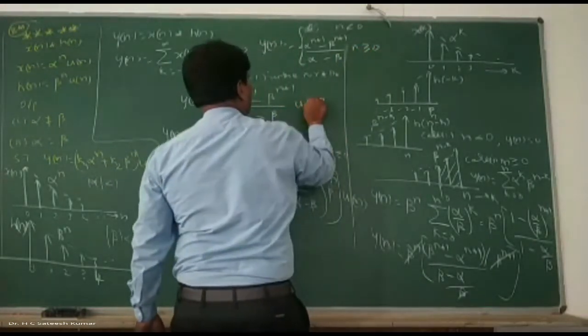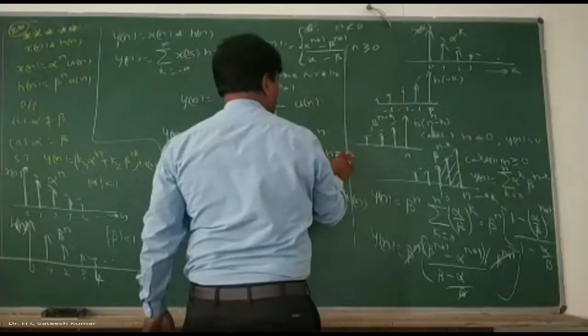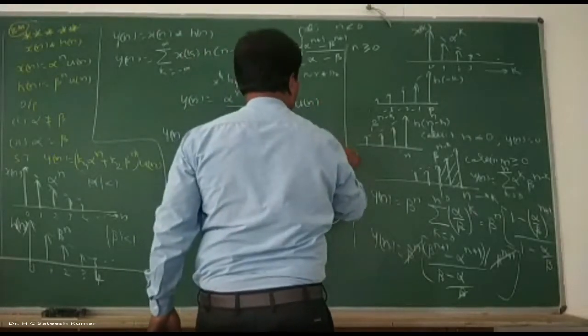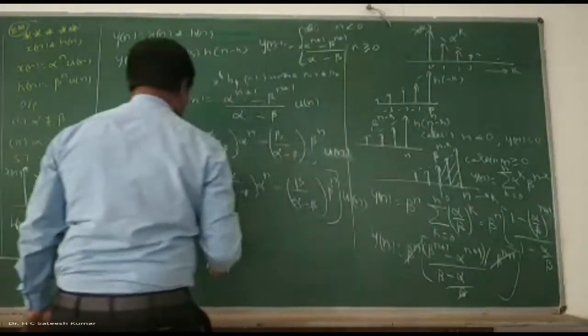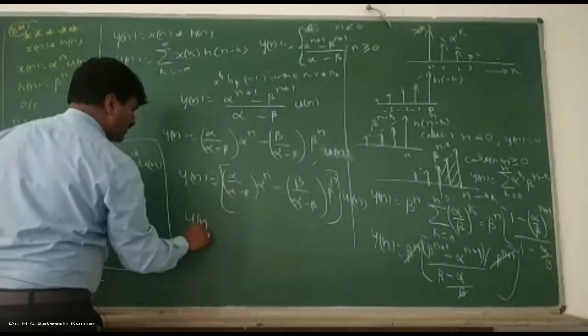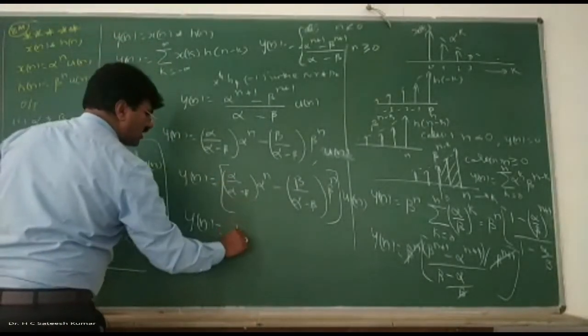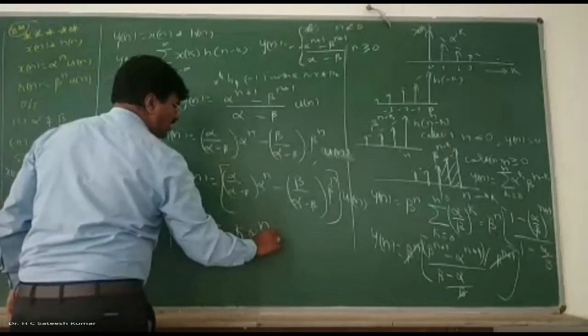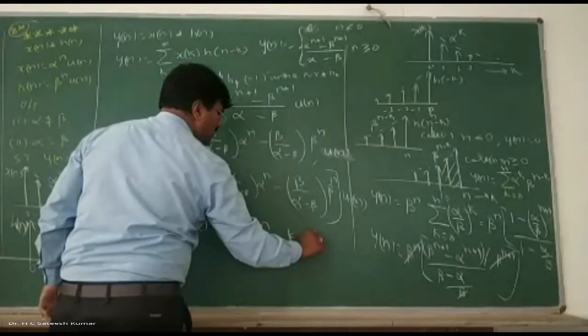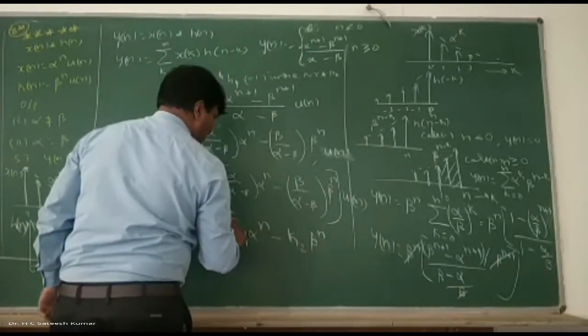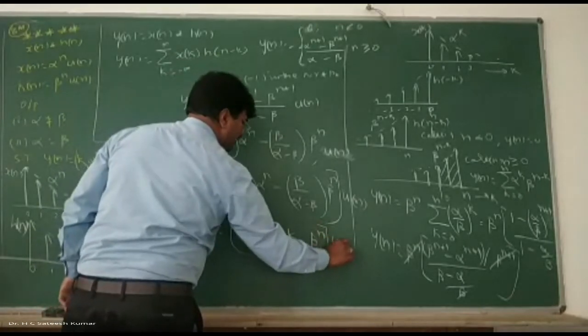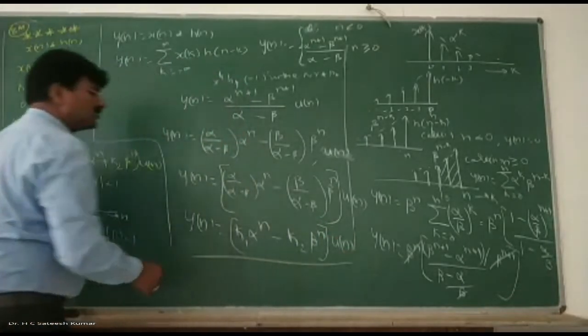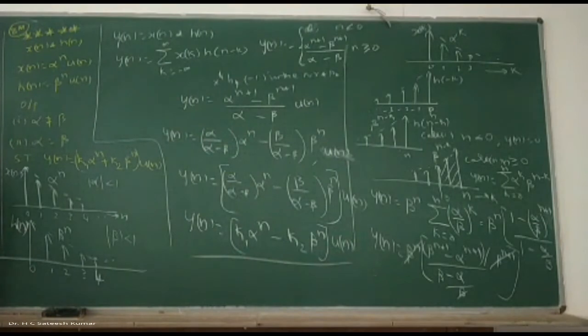This n greater than or equal to 0 means what? Multiply by u of n. Multiply by what? U of n. So that's it. So this can be written as what? As per his requirement, this is a constant. I can write it as k1 into alpha to the power of n minus k2 into beta to the power of n. Whole thing multiplied by what? U of n. That's how we should do it. Carefully you should do the problem. This is one of the very important problems that we have seen in the past. Okay? That's how we should do it.